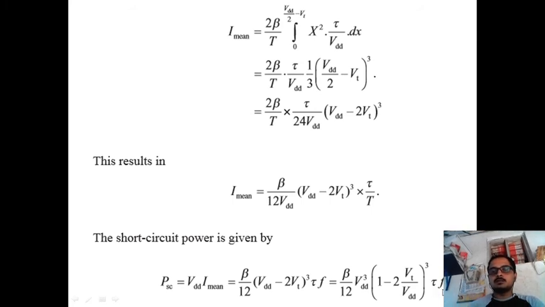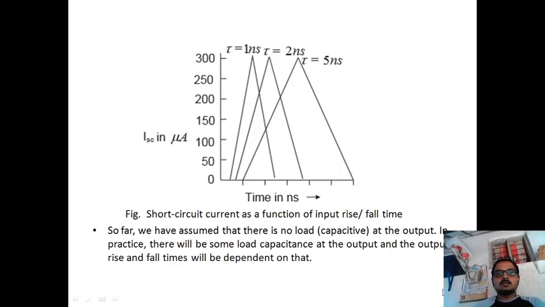and frequency. I will say that the short circuit power depends upon the rise time and fall time. When you decrease the rise time and fall time, the power dissipation decreases. When you increase this to 5 nanoseconds, then the power dissipation at that particular time will increase. This is the term here. When you increase rise time and fall time, the power dissipation also increases.